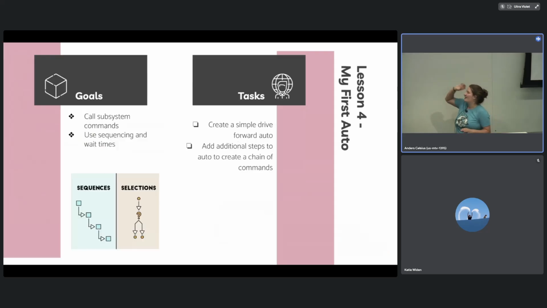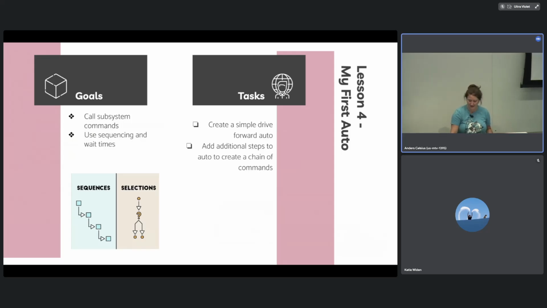Okay, and then my numbers are all off. At this point, we're at my first auto. And this is where we're now using those subsystems to link things together. And I just do bang, bang, point and shoot autos. Like call command arm, wait 5 seconds. Call command drive, wait 4 seconds. And this is one of those things where it's actually not that complicated. They've probably done something similar in block programming, but it's nice to do it after they've already written the other functions.